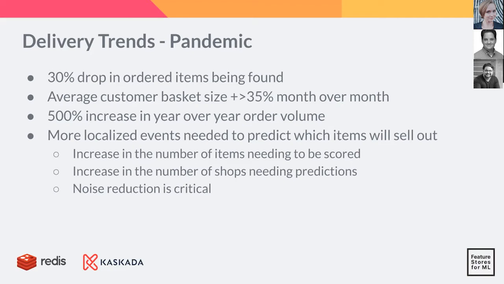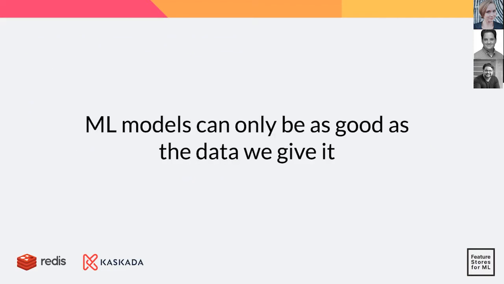But it's machine learning. So why didn't the models adapt? And it turns out it's because the models can only be as good as the data we've given. We've heard from multiple speakers today the need for learning from the right examples and the right points in time. This is a problem we're trying to solve. But if the models need to be retrained and fast, how can we adapt more quickly? Why is it taking so long to become predictive? It's because it's critical that the models learn from the right examples. And in this case of item availability during a moment of crisis, in the context flooding the algorithm with examples outside of the exact correct examples is just noise.